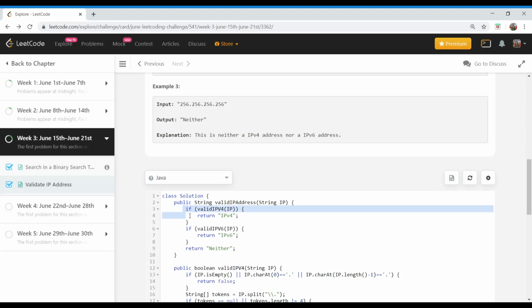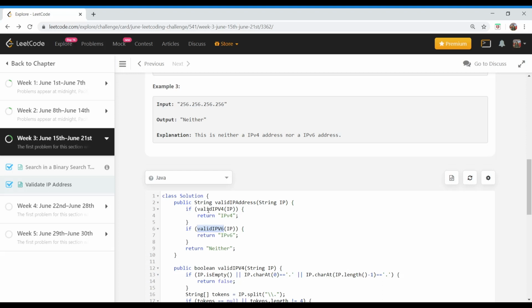First of all, we'll validate if it is an IPv4 address. If yes, then we'll return IPv4. Then we will check if it is a valid IPv6, then we will return IPv6. Both of these methods are created as helper methods. A good approach to answer questions during your coding interview is to make your program modular.